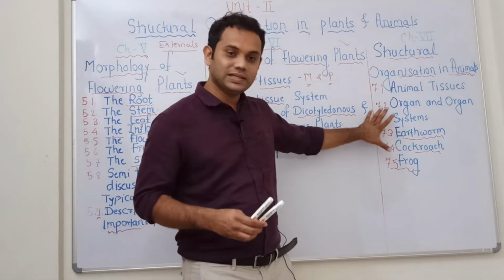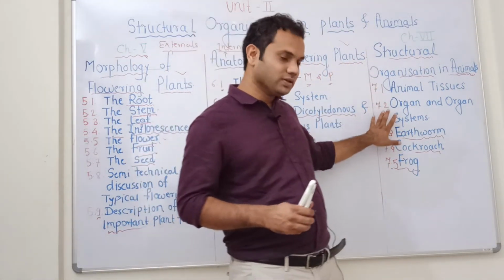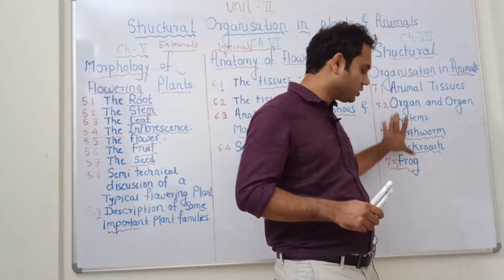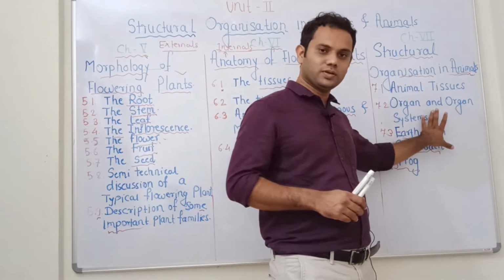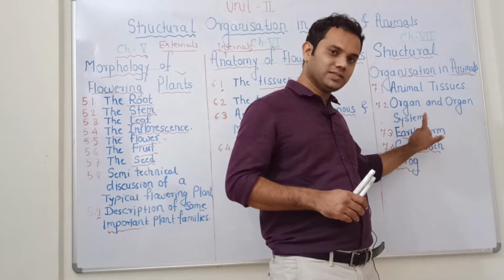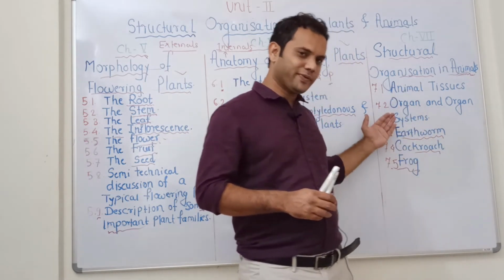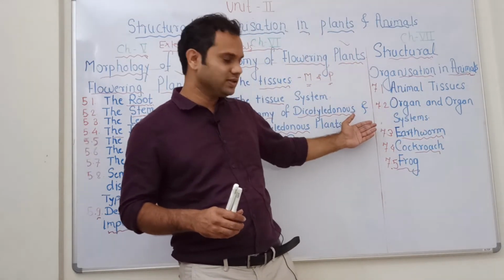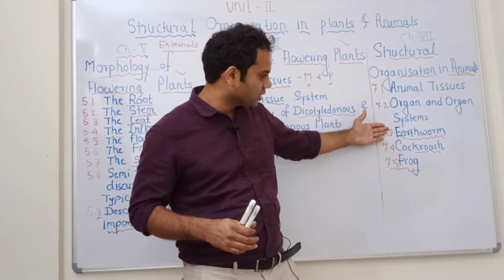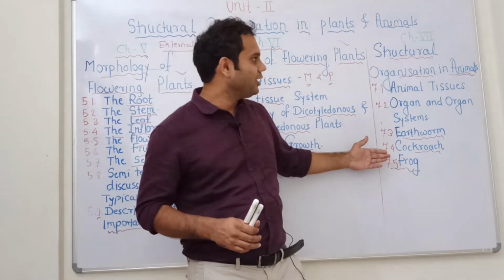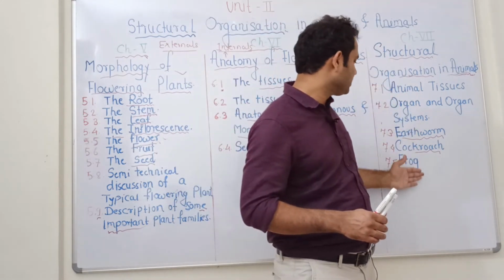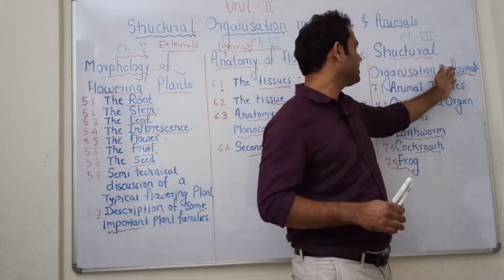So here the detailed morphology and anatomy of the earthworm, cockroach and frog, which are all famous organisms that you all know, will be studied in this chapter, structural organization